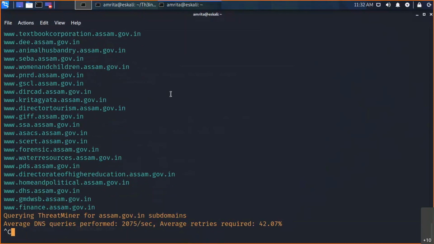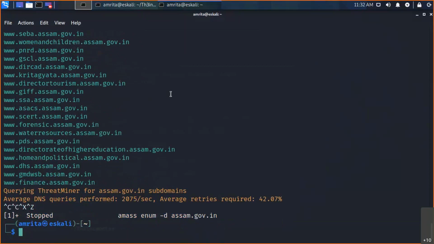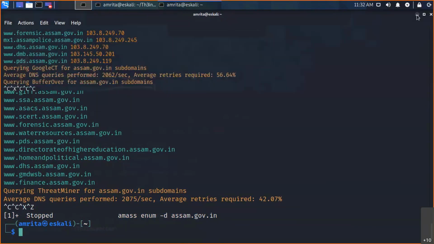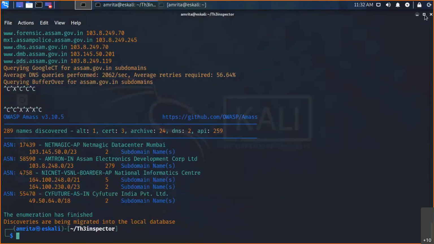Okay, so we have got some subdomains under this assam.gov.in. I have stopped this query because it will take some time, and let us continue with our next tool. That is one web-based tool for information gathering, that is Spiderfoot. Well, before that, I have got one ASN number also.